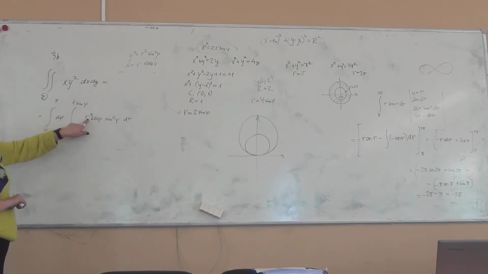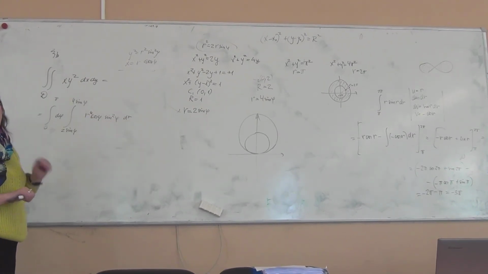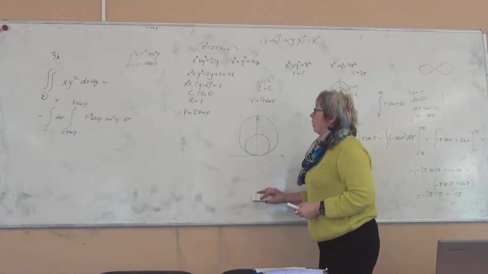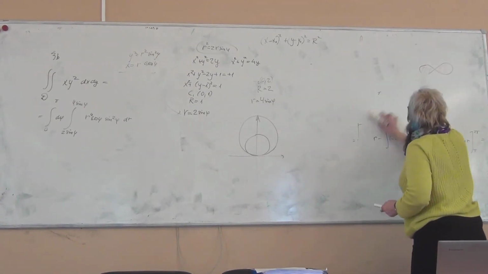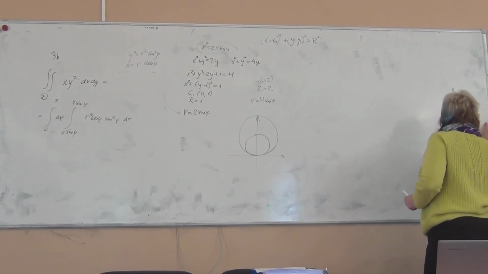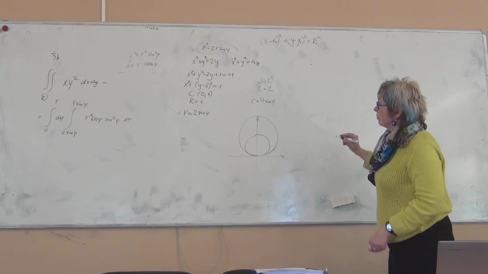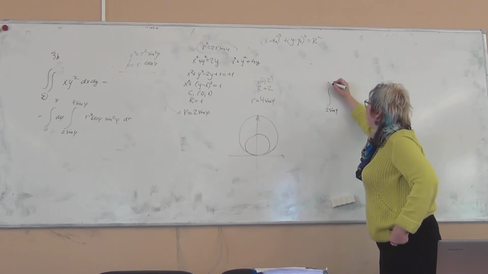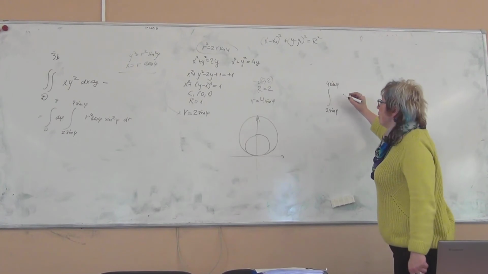Because for this we will have sine to the 4th, so this will be sine to the 6th, and cosine can be brought into the differential. Alright, so I am now erasing the previous one. R to the 5th cosine phi sine. Alright, so now I'm integrating 2 sine phi, 4 sine phi,